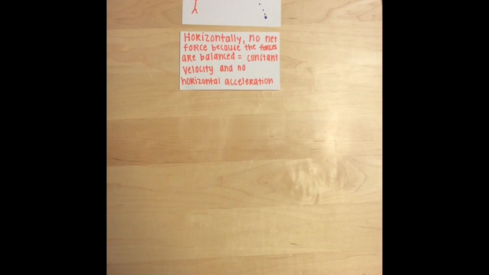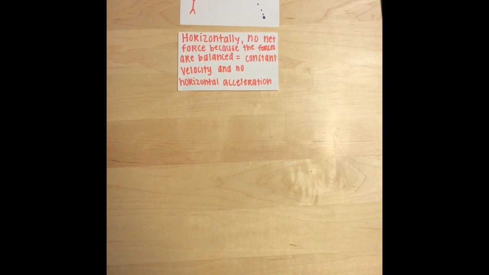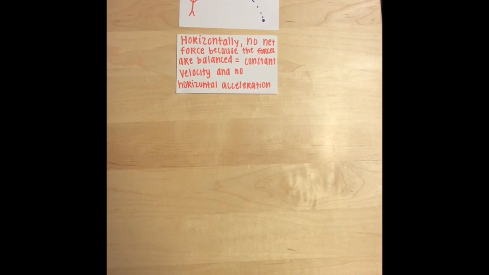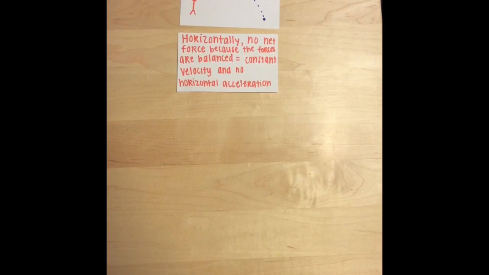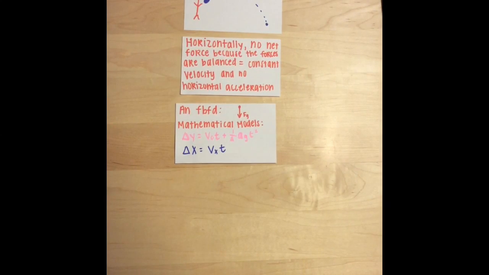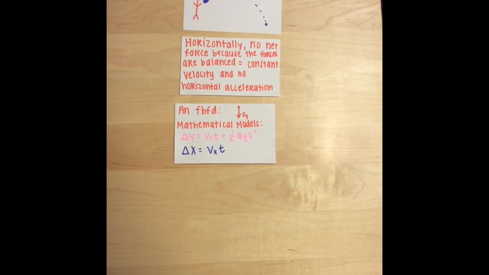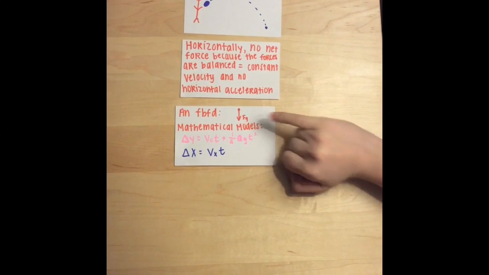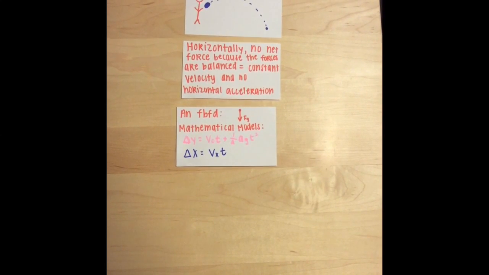Horizontally, no net force exists because the forces are balanced. What do balanced forces mean? Balanced forces mean a constant velocity and no horizontal acceleration. This is a free body force diagram for the overall motion of the ball. As you can see, only the force of gravity is noted because there are no upward or sideways forces acting